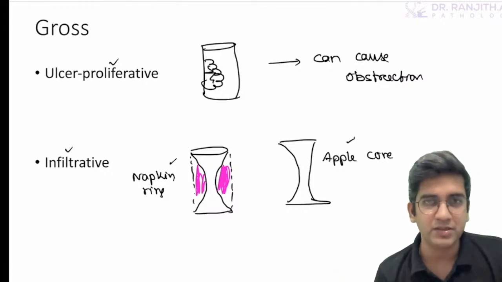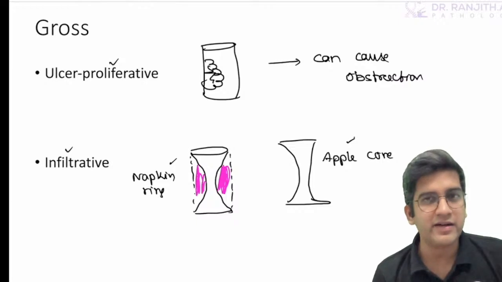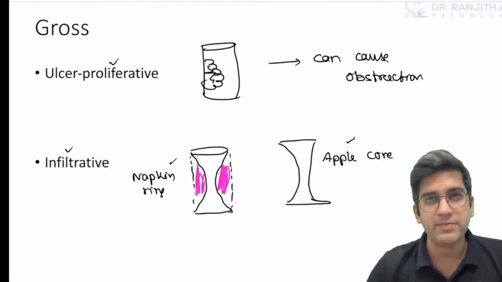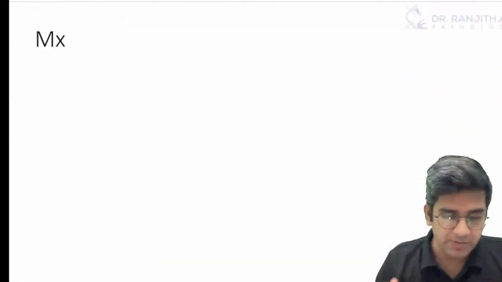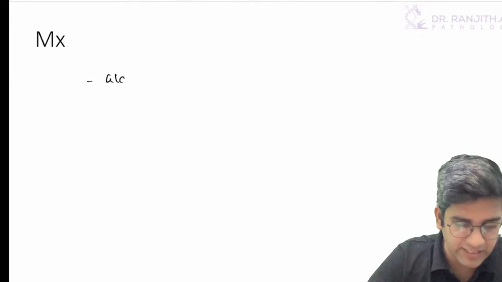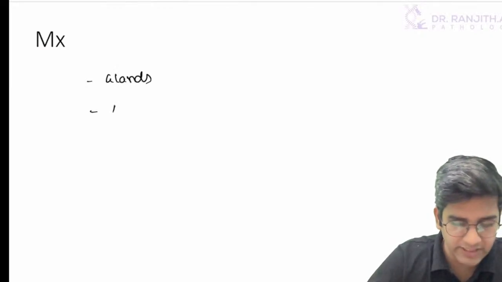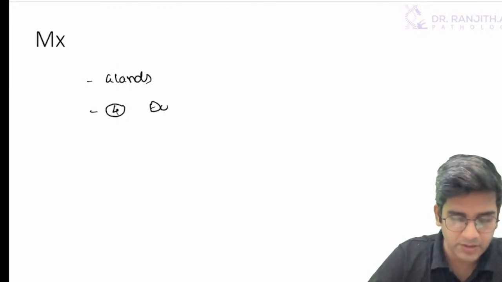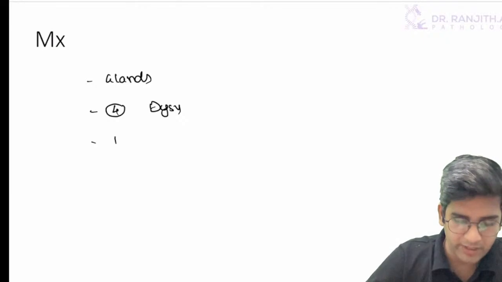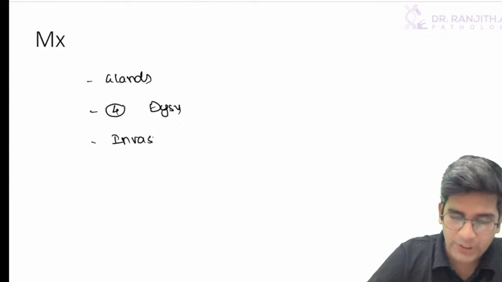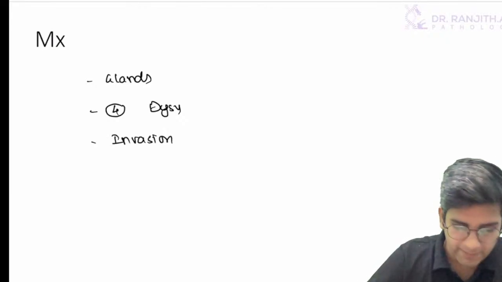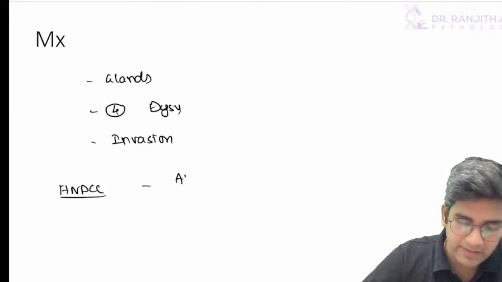Microscopy is very simple. Be it an FAP related adenocarcinoma or an HNPCC related adenocarcinoma, microscopy or outcome is going to be the same. I'll have the same glands, you'll have the same features of dysplasia, and you'll have the same invasion. If you want to write one additional term, write that if it's HNPCC related tumors, there'll be abundant lymphocytic infiltration.